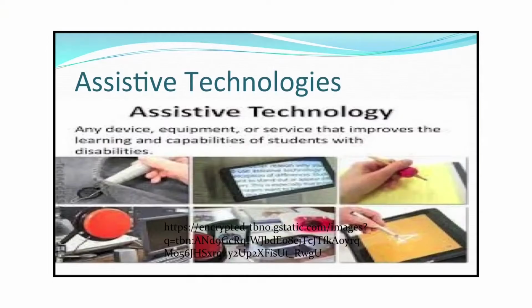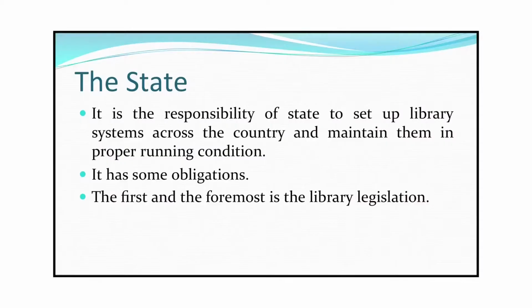Library should deploy assistive technologies to help people with different disabilities. As you can see on the screen, assistive technology is any device, equipment or service which improves the learning and capabilities of students with disabilities. The second law also has an